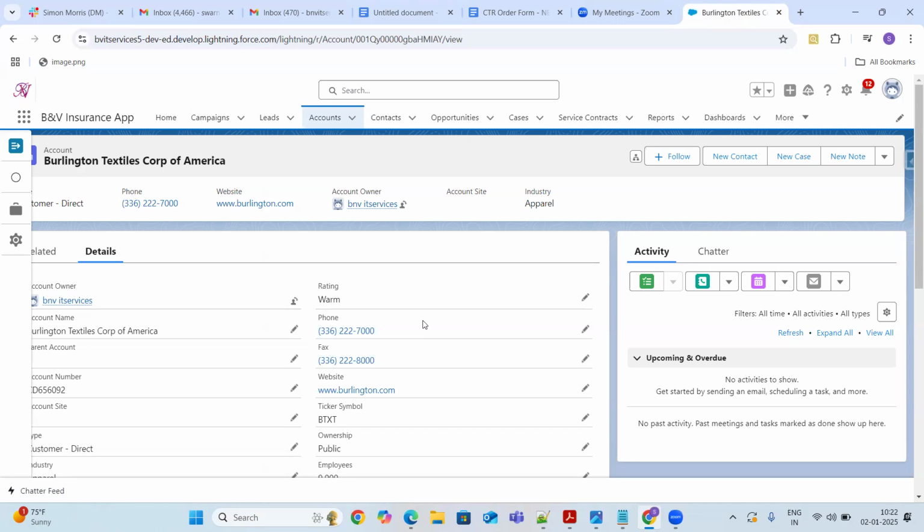Now, if they say this information, like all the phone numbers, is already present in a separate custom object which contains all the phone numbers, and then you need to relate that phone number with the account. In such a scenario, you will just create a lookup or master detail relationship, because data is present in two different tables. But basically, the best suggested approach for one-to-one relationship is creating custom fields.